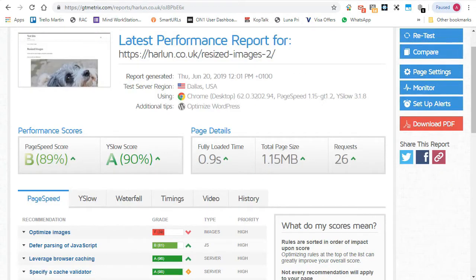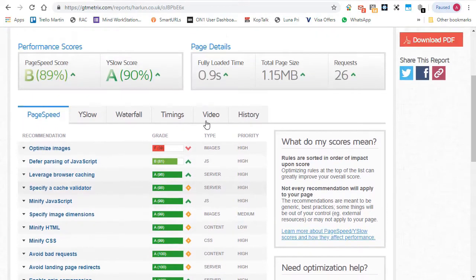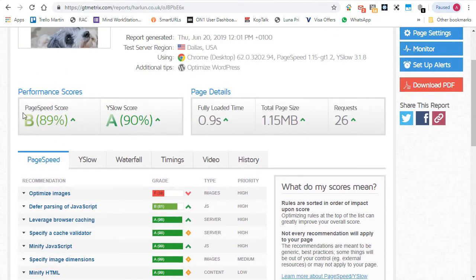And here are those results. In fact, if you check the results in this page speed list here, they are the same as they were before the cache was introduced. However, we've got a page load speed of less than a second now. Page size is the same,